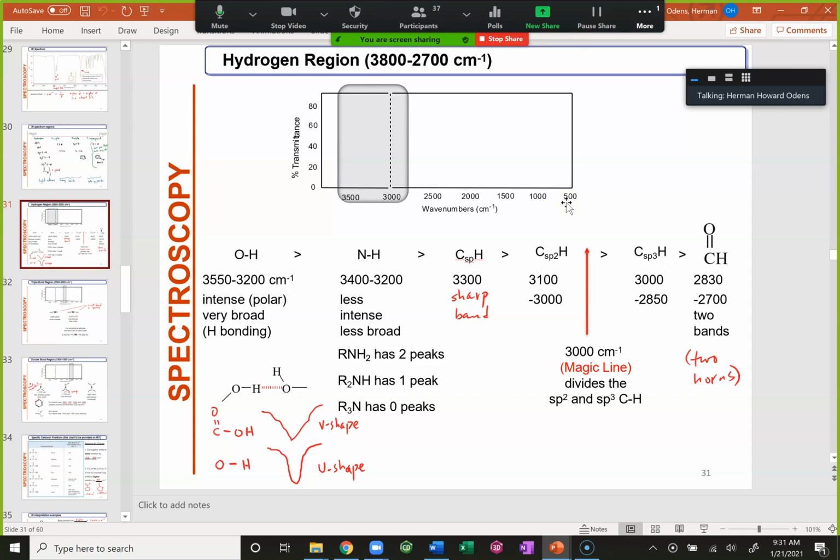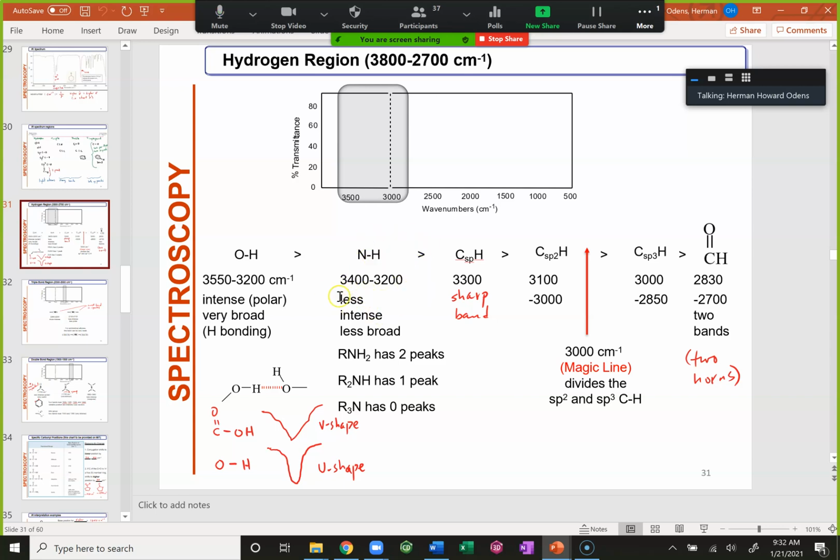The first region represents the hydrogen region, which contains the OH groups, your alcohols and your carboxylic acids. Those are really intense bands that range between 3550 to 3200. Notice that these are high numbers. The higher the number, the higher the energy. All right, remember that, because that might be on the quiz next for you guys in